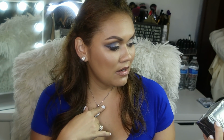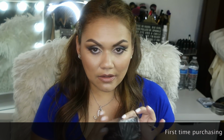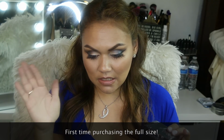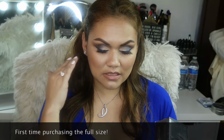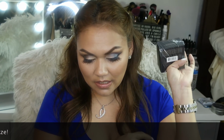Alright, so we're going to begin with Sephora. And I kind of already broke the box. I cheated a little bit. So, setting powder. Of course, I had to take advantage of the sale, so I purchased the Laura Mercier translucent powder. And I love this powder. For some reason, it goes in very nicely on my skin. It doesn't emphasize texture on my skin, so that's why I took advantage and purchased